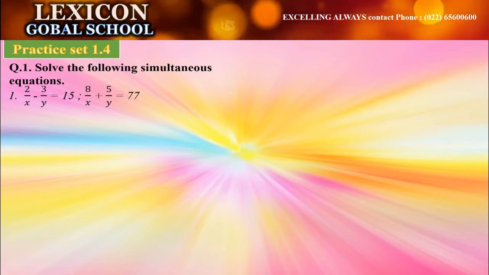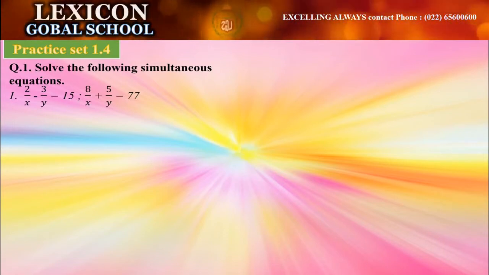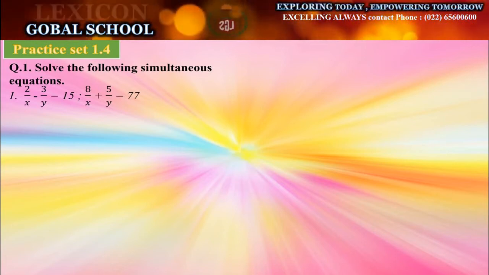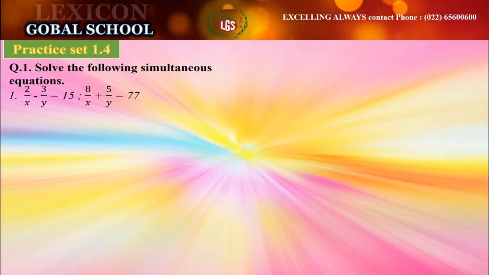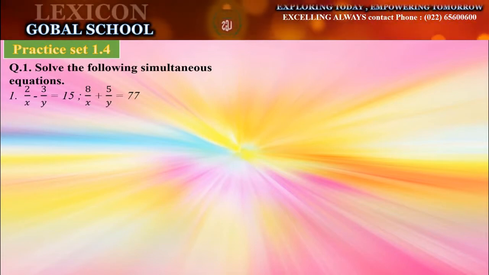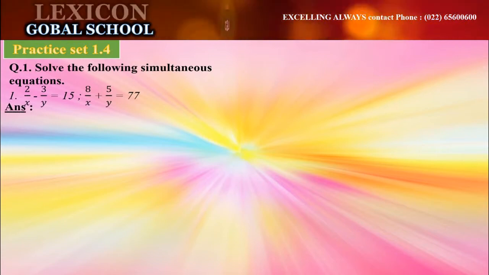Till now, in our first exercise, second exercise and third exercise, the variables were there in the numerator. Whether the coefficients were in numerator denominator form, that was okay. But here, the variables are there in the denominator. So when we have variables in the denominator, we first substitute the variables that are present in the denominator. So how are we going to substitute?